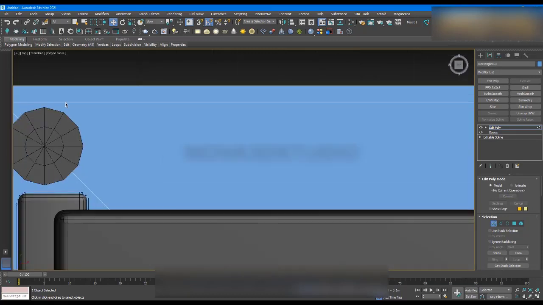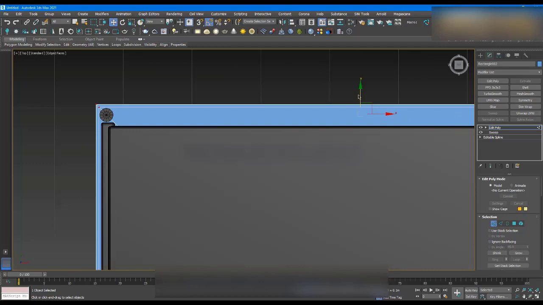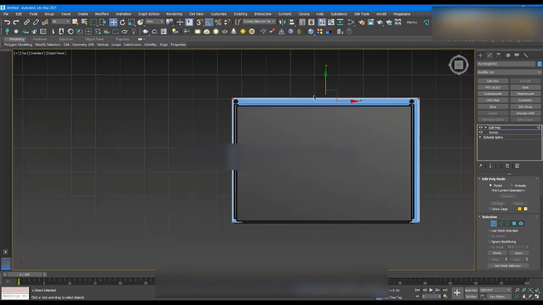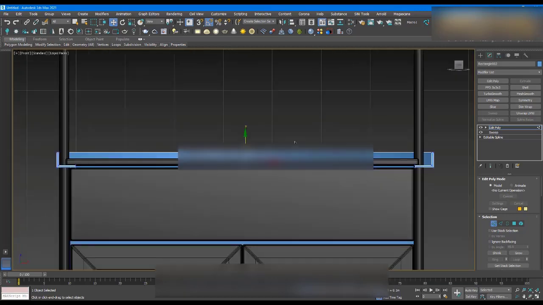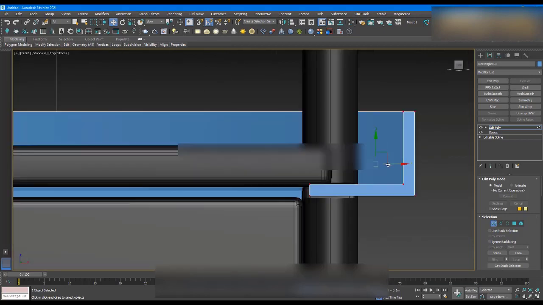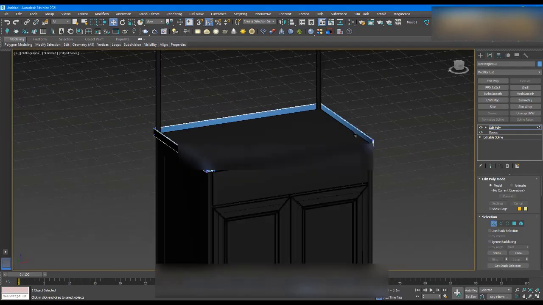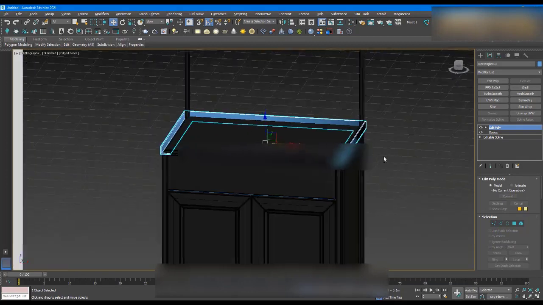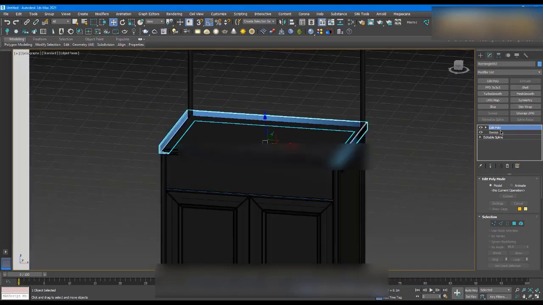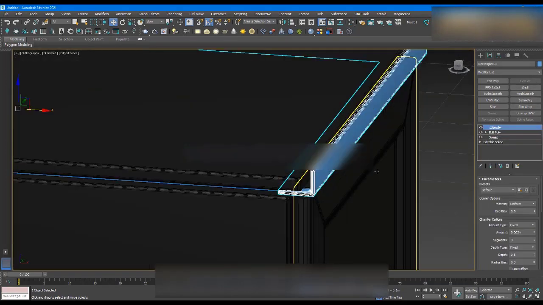We're going to cover up these cylinders from the back so everything doesn't fall around. Okay, we're going to move into the front view. We're going to move this guy here. That's pretty much it. Okay, so we're going to add the chamfer modifier, or we could use the copied one